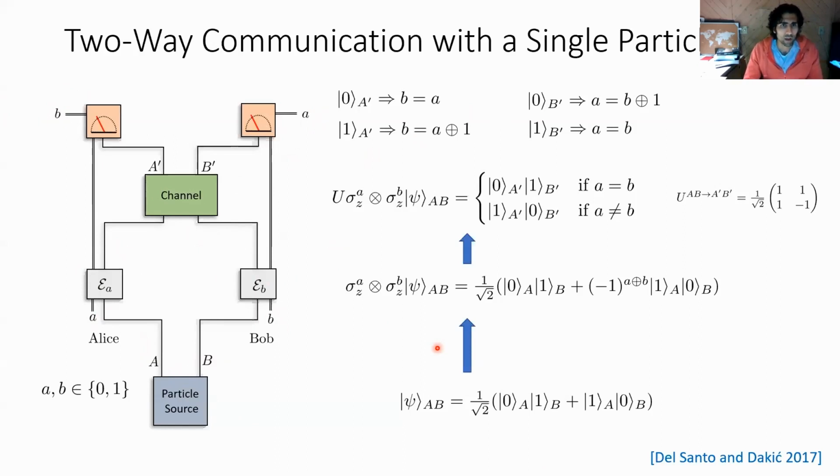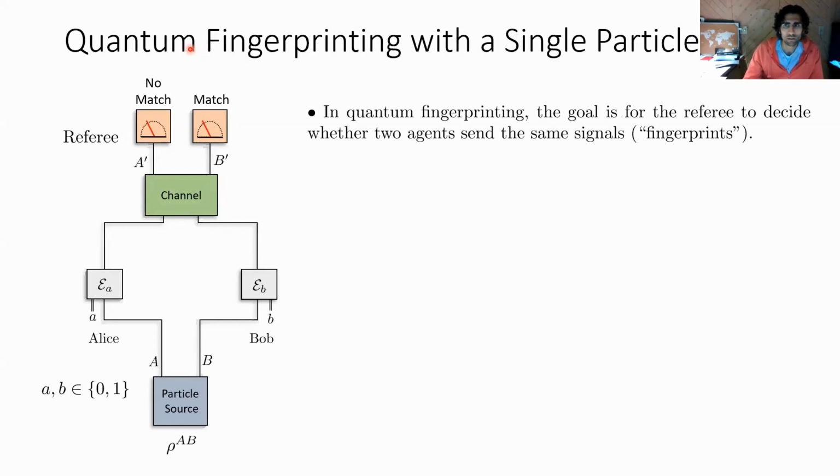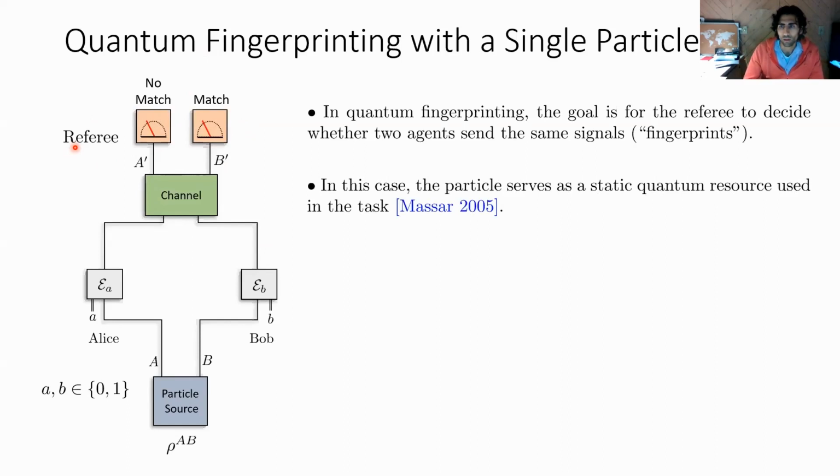Okay. So this framework actually has appeared a few times in some different settings. The first, at least that I found in a communication or information theoretic sense, is for the task of quantum fingerprinting. So here we've merged the detectors into one party, which we identify as a referee. And the goal is for the referee to decide whether Alice and Bob are sending the same signals. You can think of these as their fingerprints, where they're choosing A or B, and the goal is not necessarily to decode whether the value is A or B, but to decide whether they're matching. Okay, and so